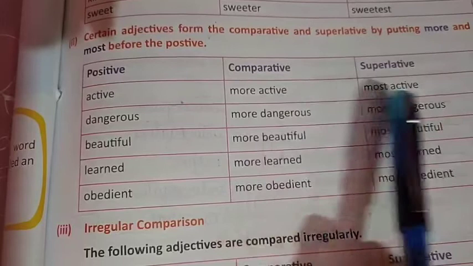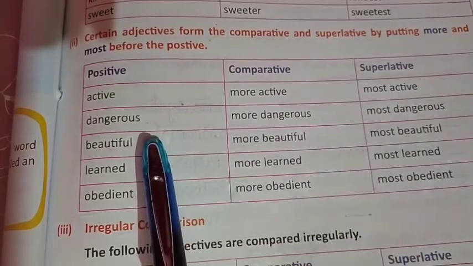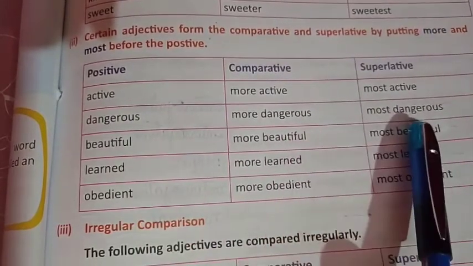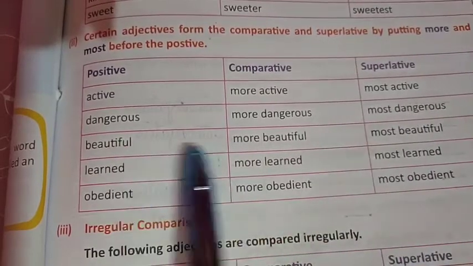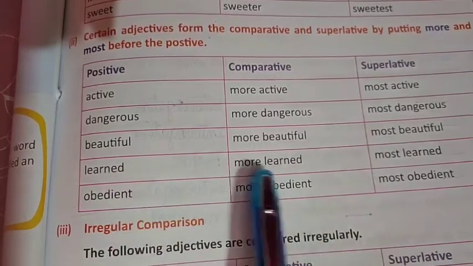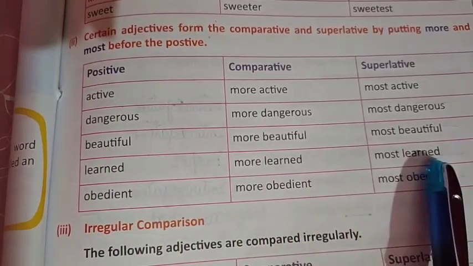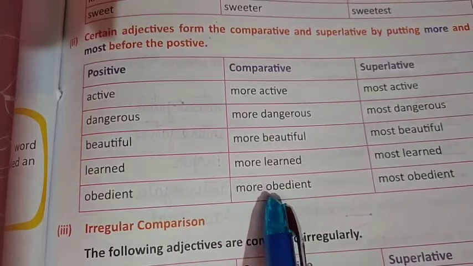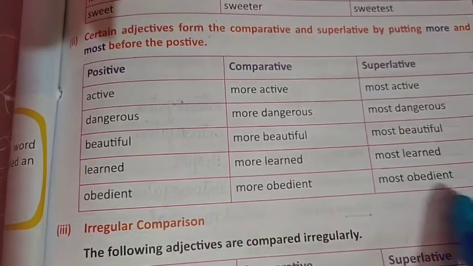Active, more active, most active. Dangerous, more dangerous, most dangerous. Beautiful, more beautiful, most beautiful. Learned, more learned, most learned. Obedient, more obedient, most obedient. So I told you children,